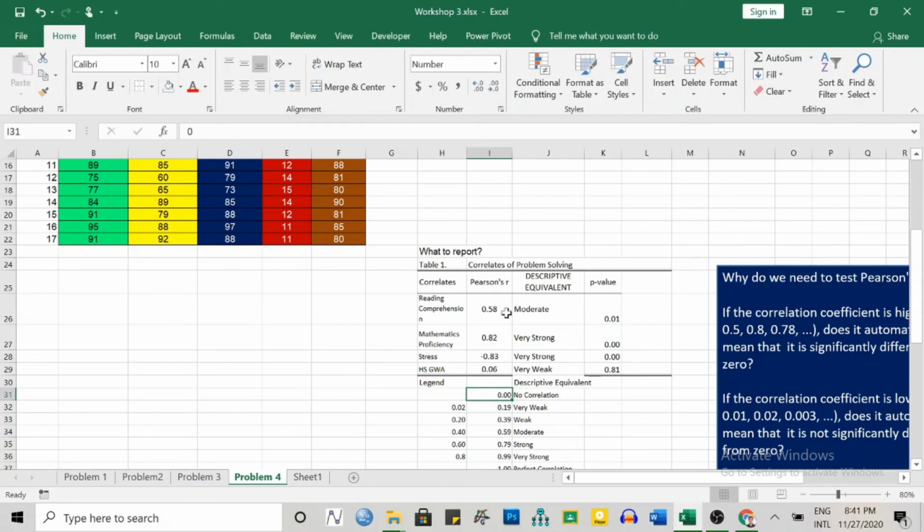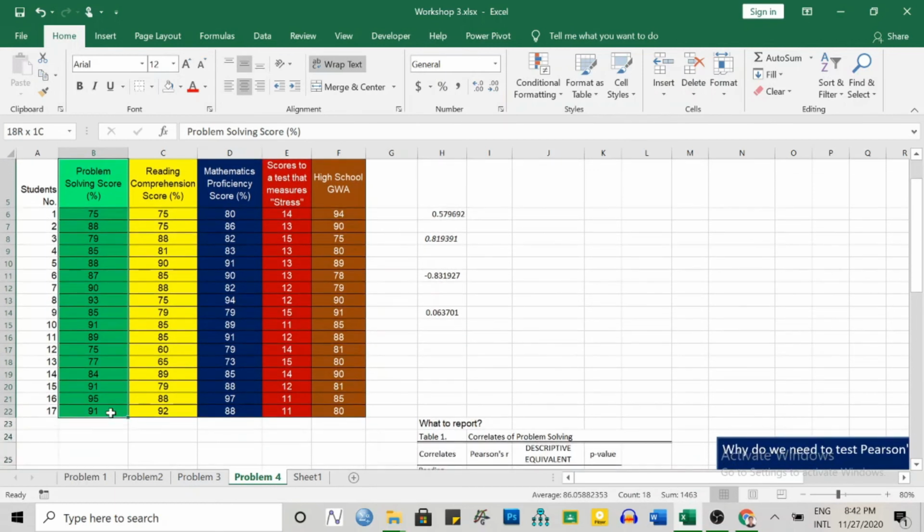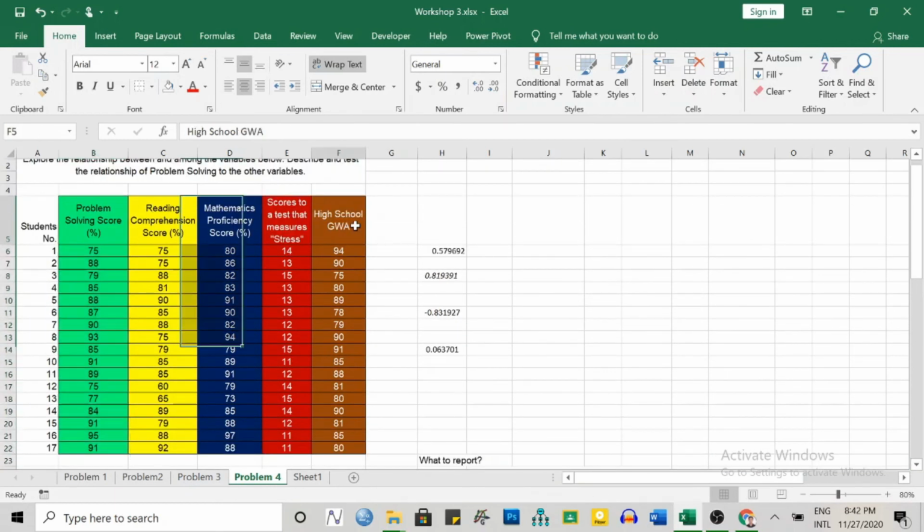And a Pearson's r of 0 means that the two variables are not correlated at all. High school general weighted average has nothing to do with problem solving. And that is because maybe this performance was a long time ago,